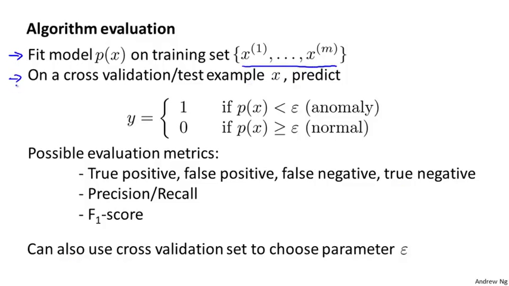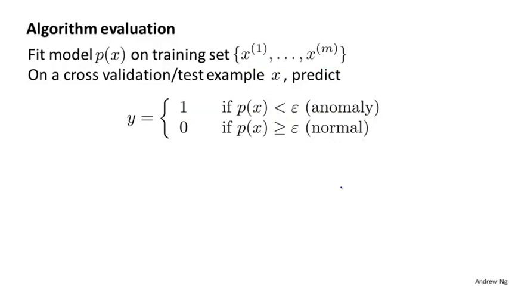On the cross-validation or test set, given, say, a test example x, think of the algorithm as predicting that y equals 1 if P of x is less than epsilon, and predicting 0 if P of x is greater than or equal to epsilon. So given x, it's trying to predict the label: is it y equals 1, corresponding to an anomaly, or